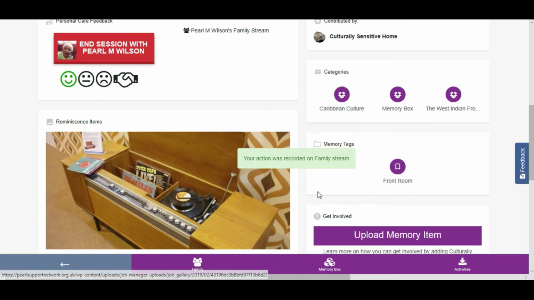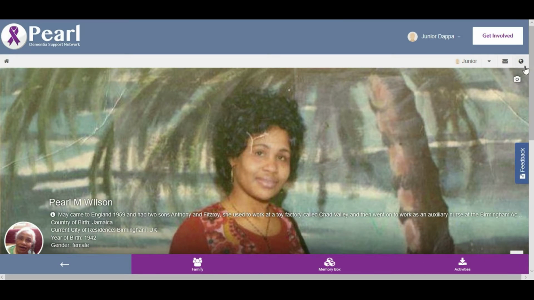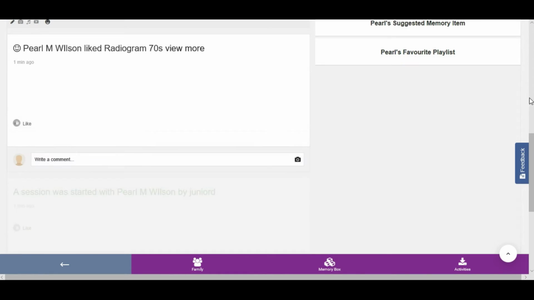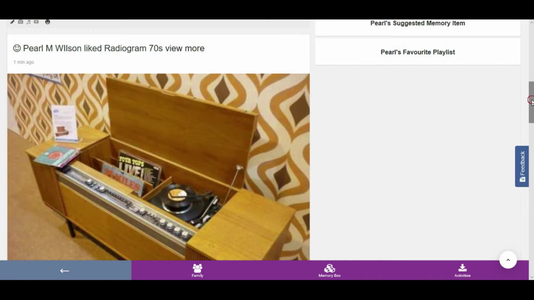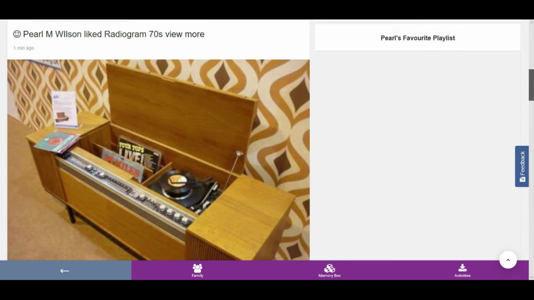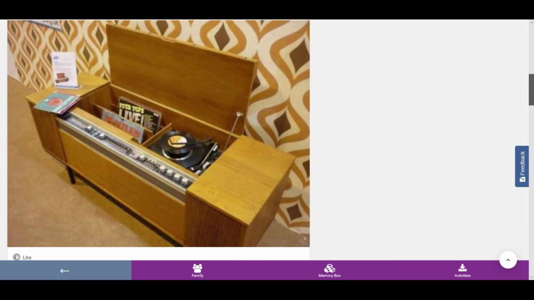And then once you've done that, it says your action was recorded on the family stream. So if we go back to the family section now, as I was saying, everything is recorded in this location here, and you will see right here the radiogram has popped up. So everybody within the family now will be able to say, oh, mom, the last time somebody showed mom the